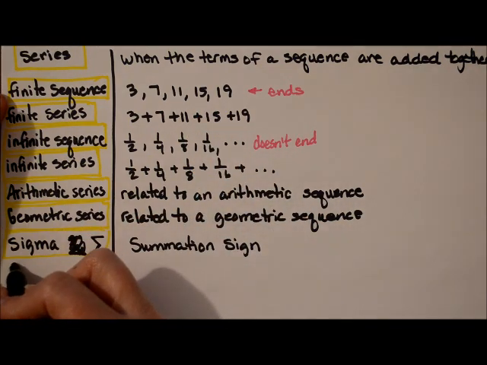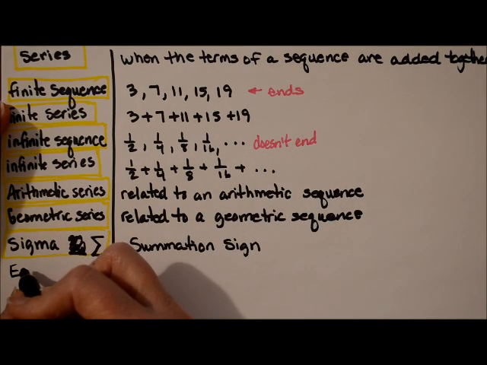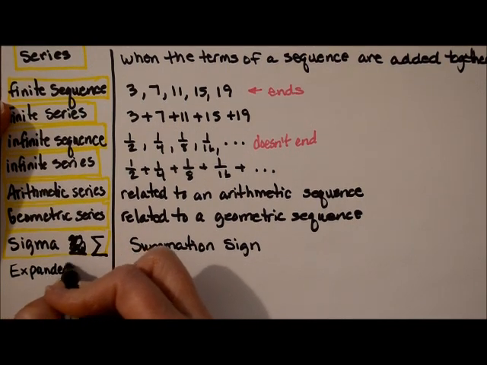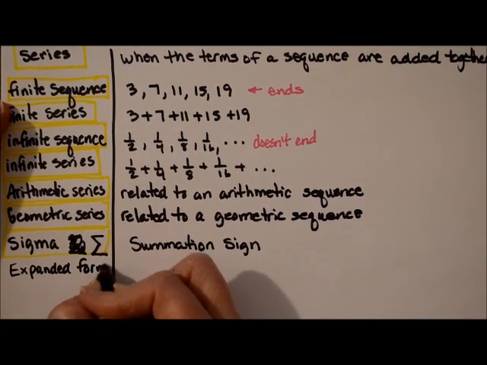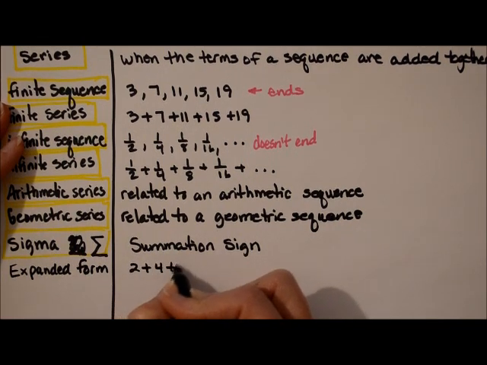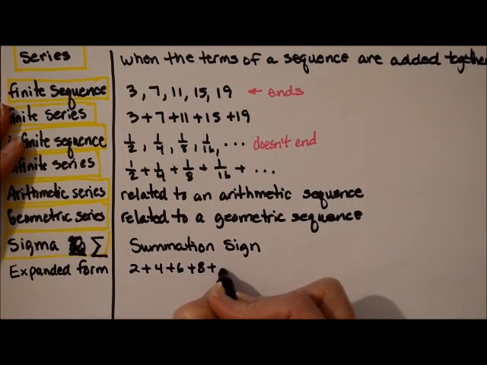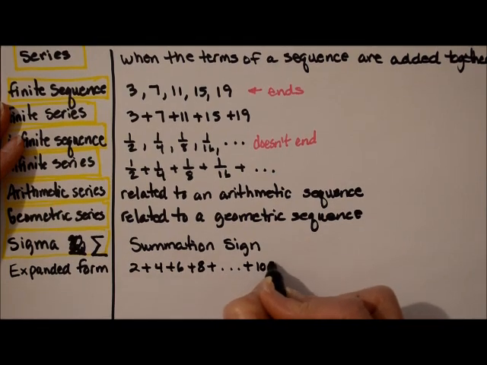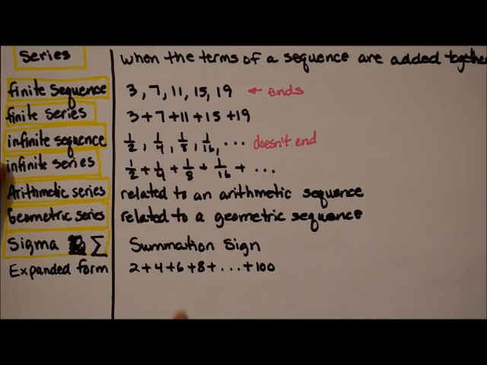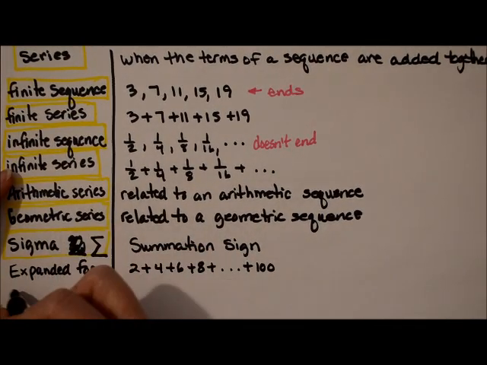Okay, so this is expanded form. Expanded form looks like, I don't know, 2 plus 4 plus 6 plus 8 plus 100, right? There's a bunch of stuff in between there that I don't want to write down. So that's expanded form would look like this, but sigma notation